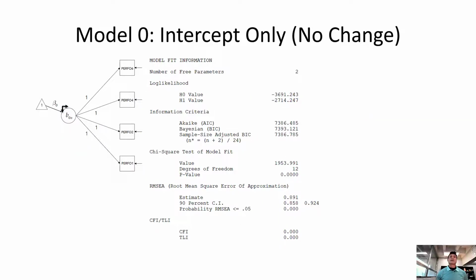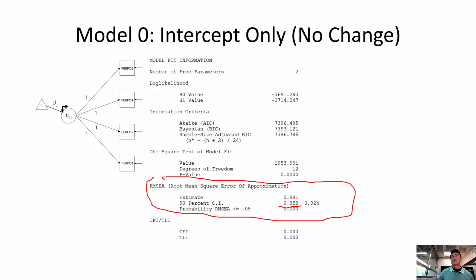All right, this is our fit indices. Again, this model is probably not the best model, and so we're just using this to compare to other models. So we're going to pay attention to this RMSEA. And we said before that when this is close to 0.05, it's a good fitting model. This is not close to 0.05, so this is a pretty bad fitting model. The AIC we'll use when we compare it to the next model. We want this number to be smaller, so with the next model we'll look to see if it's smaller or not.